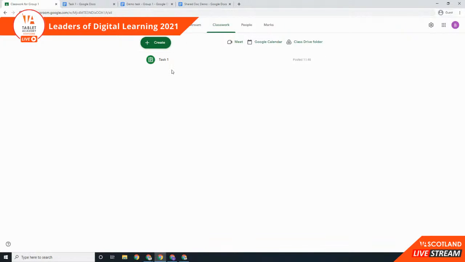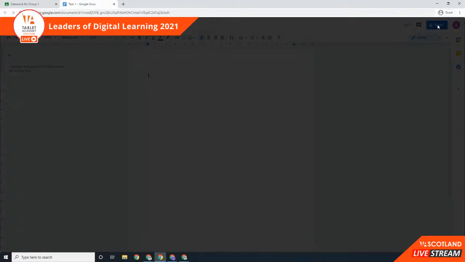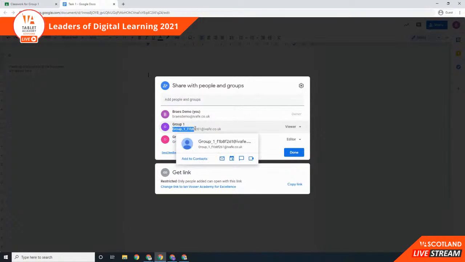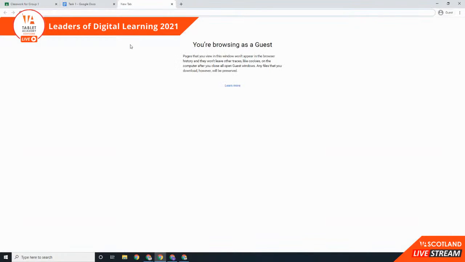Now then, this I think is really clever. Let's close these just to keep my tabs simple. So task 1, if we go into the share button here, you'll find I've got an email address that's created, and in Glow you'll find these email addresses are quite long. You can copy and paste that email address. So now if I create